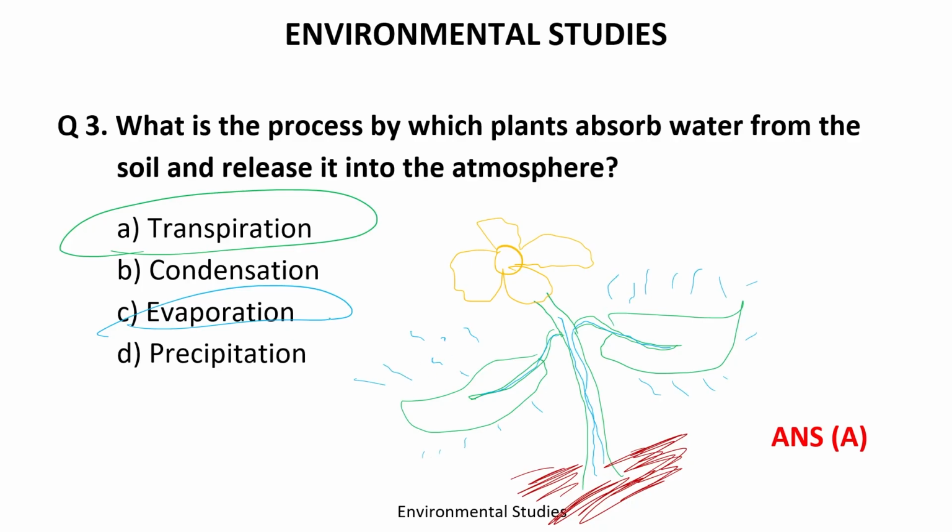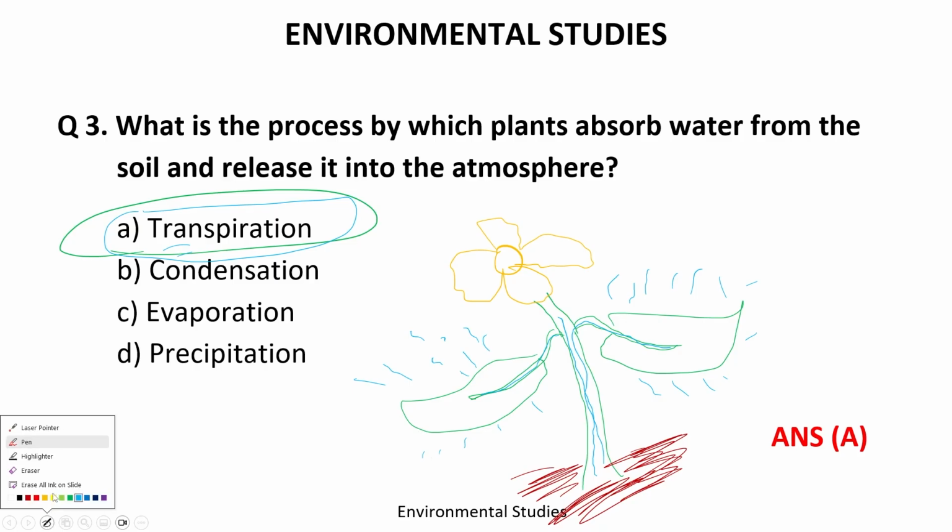Alright, student, there is one mistake. The process is transpiration. That's what the question is. So this entire process is named transpiration. Remember, transpiration is the process through which plants absorb water from the soil and release it into the atmosphere. And if we're talking about this, then we must talk about two other things,